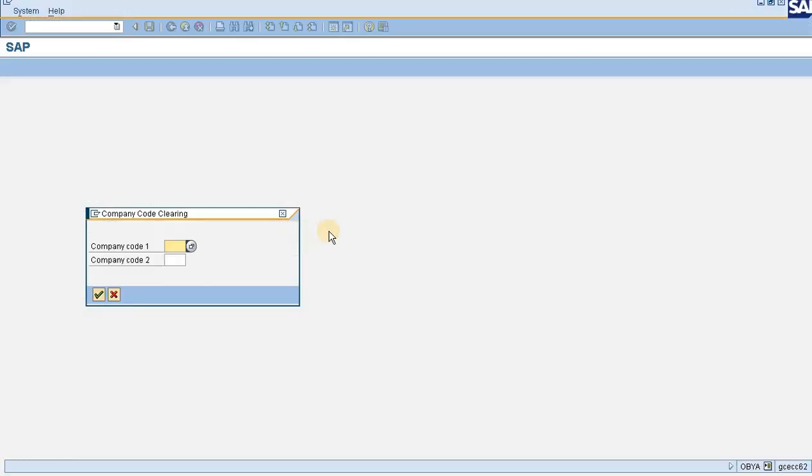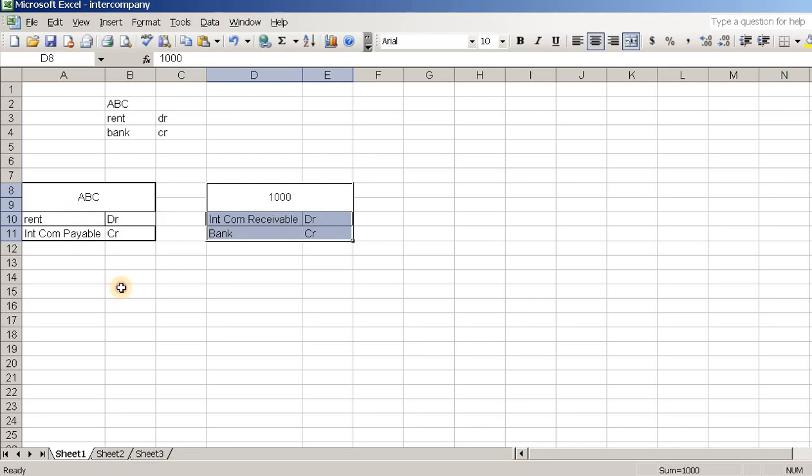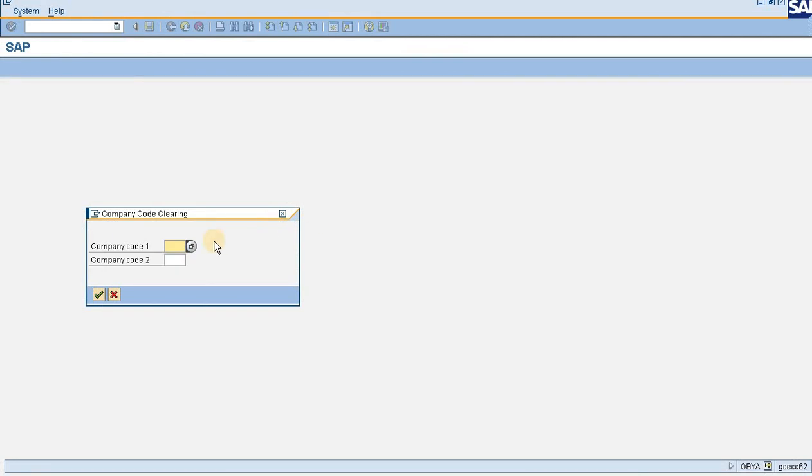So once I map the same, 1000 is the one who is paying, and ABC is the one against whom the intercompany is, who is asking 1000 to pay. So here company code 1 would be ABC and company code 2 would be 1000.